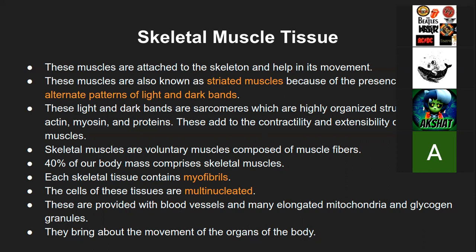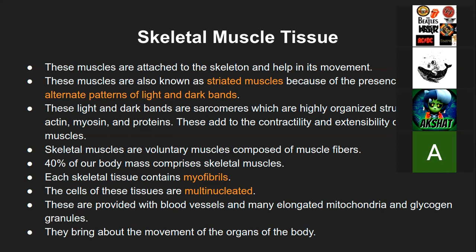So to make those actions or these processes faster, most of the cells which are multinucleated, the purpose is this one, to make the actions or the processes of the cell faster than otherwise. So like muscles, you already know, they do a lot of work, whether you are walking, whether you are talking or whatever, you are continuously moving your body. So muscles have to do quite a lot of work, and that's why they need more energy, more proteins and so on. So it has to be multinucleated.